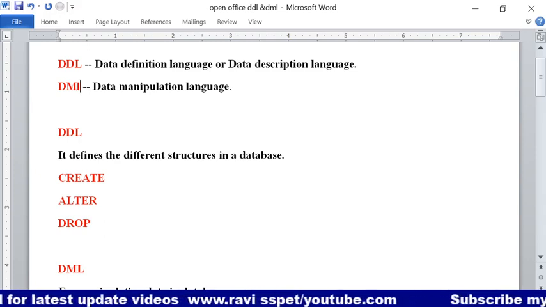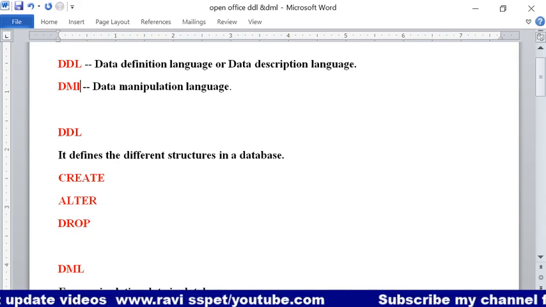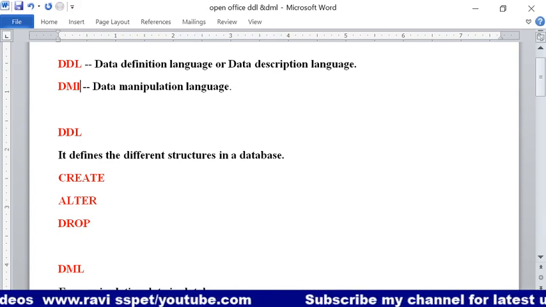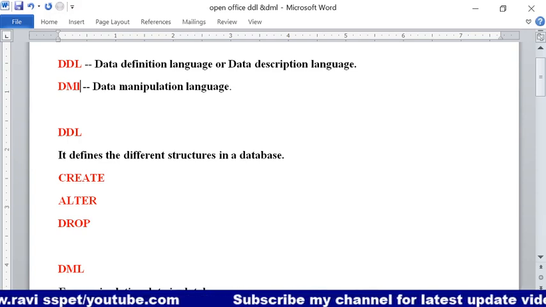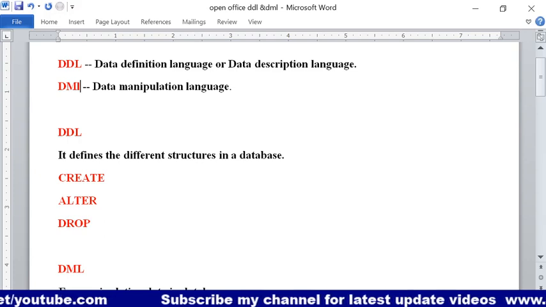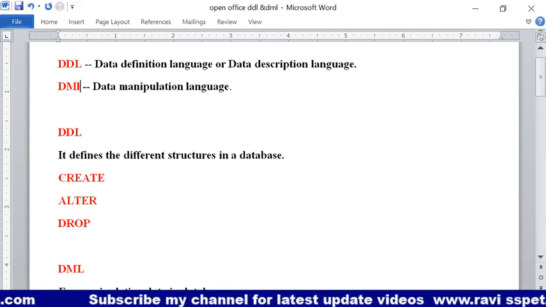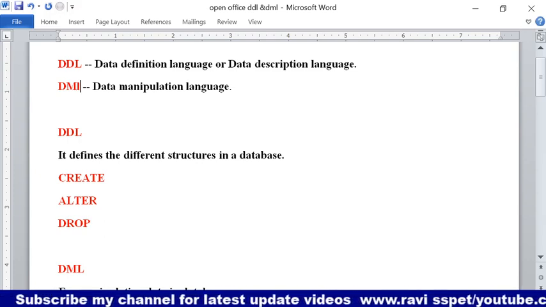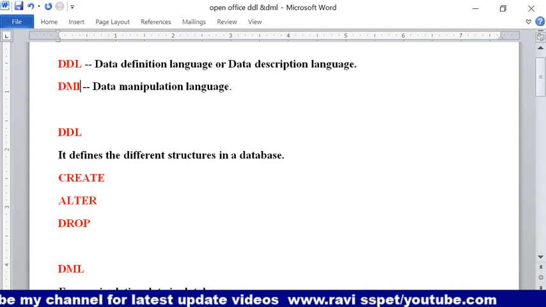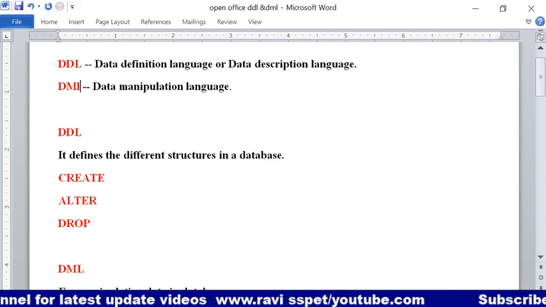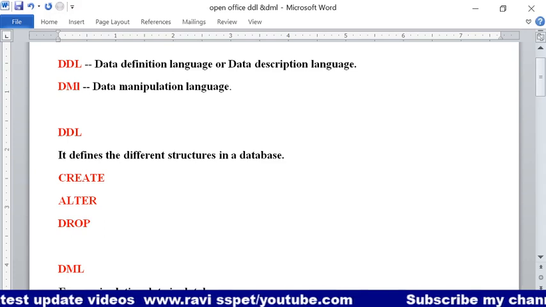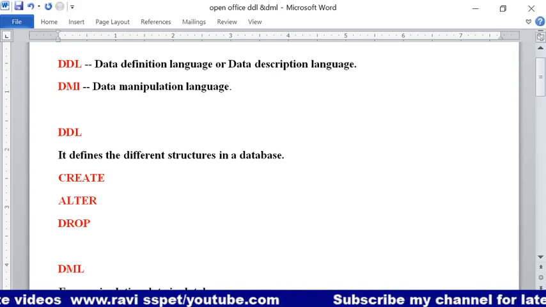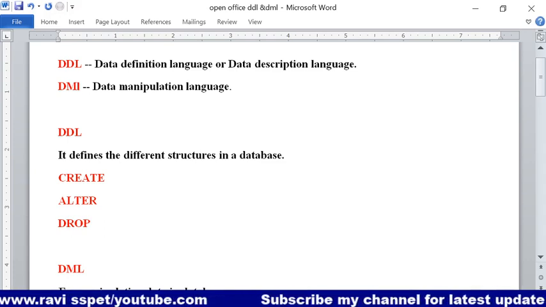Whenever we are dealing with the structures of a table, for example three columns, 4 rows, we have created a table. After that, if we want to increase the columns in a table, that means whenever we are dealing with the structures of a table, we have to go for the data definition language.